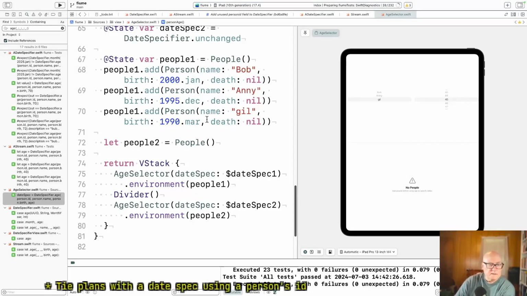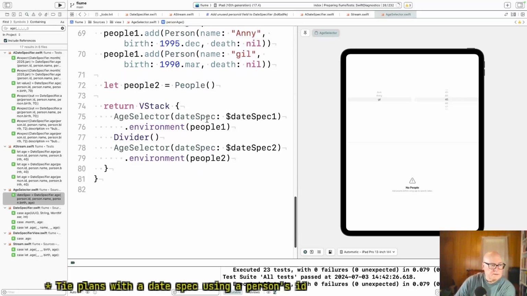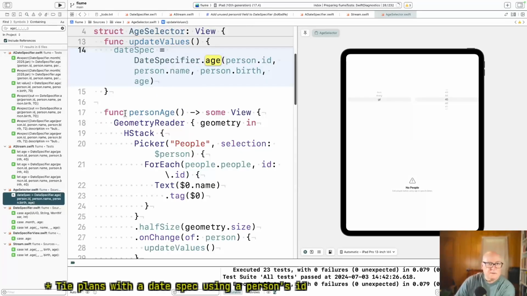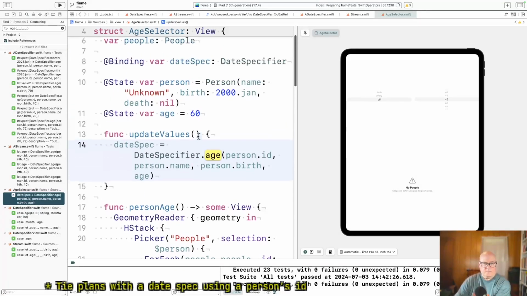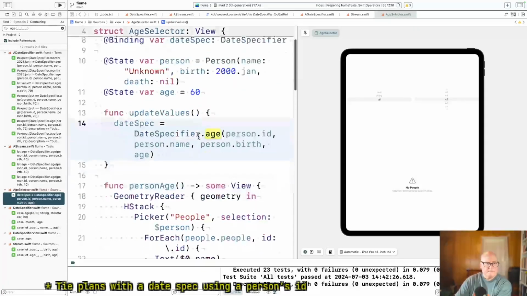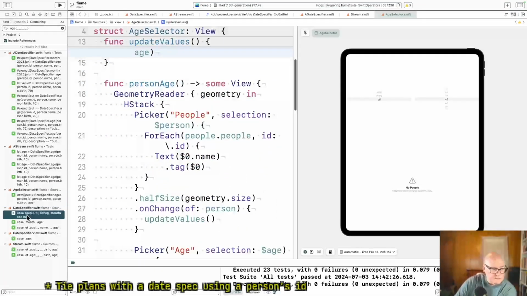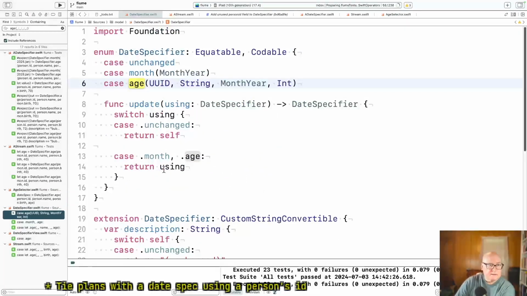That's okay. But this. I guess that one's okay. Now this. Update using date specifier. Month and age.